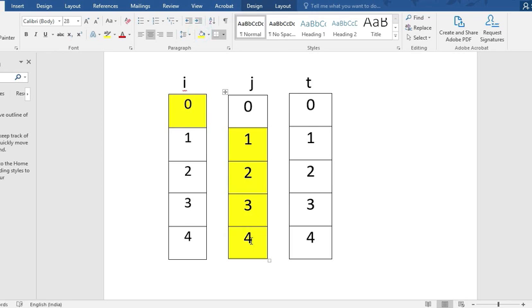Let's say I have found a duplicate with the second position. That means our 0th position and second position are the same element. Let's say I have a value 5 in the 0th position and also in the second position.